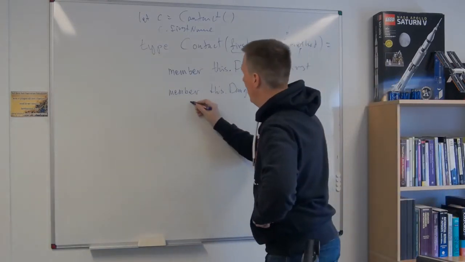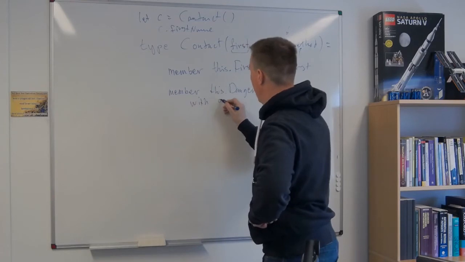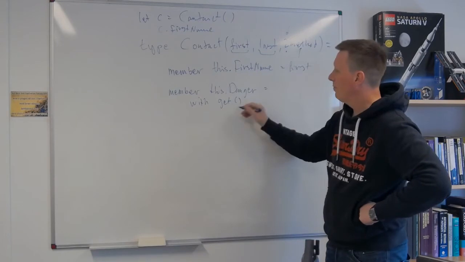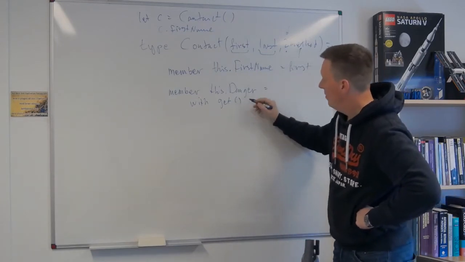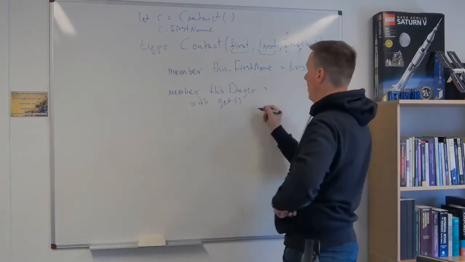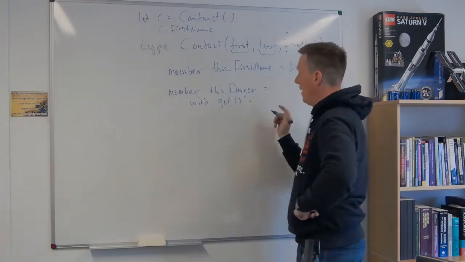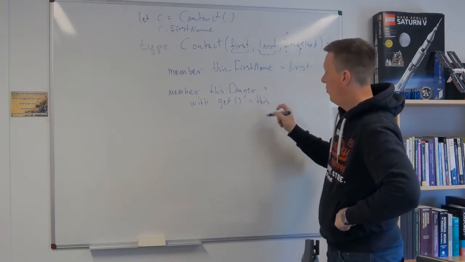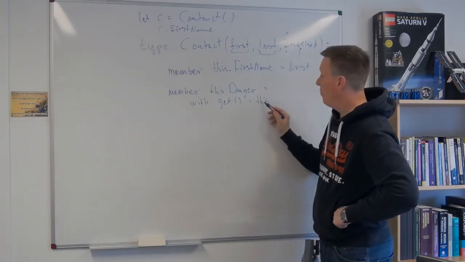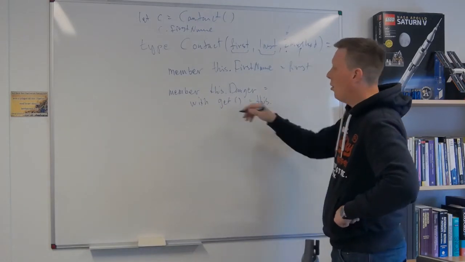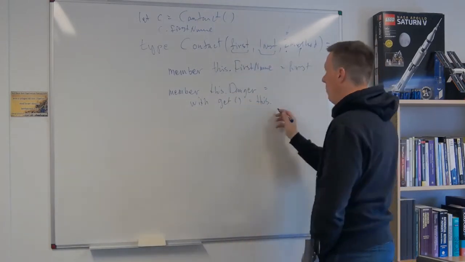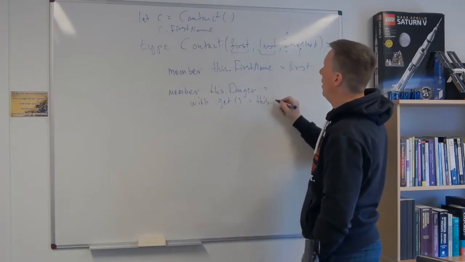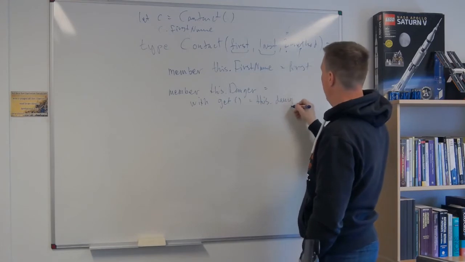Oh yes, so I can say with get, and get is a function which takes 0 arguments. It just takes this unit argument, and it is equal to this. So now I'm using this handle to refer to the object itself, right? I'll talk about this more later, what this actually means. This dot danger,